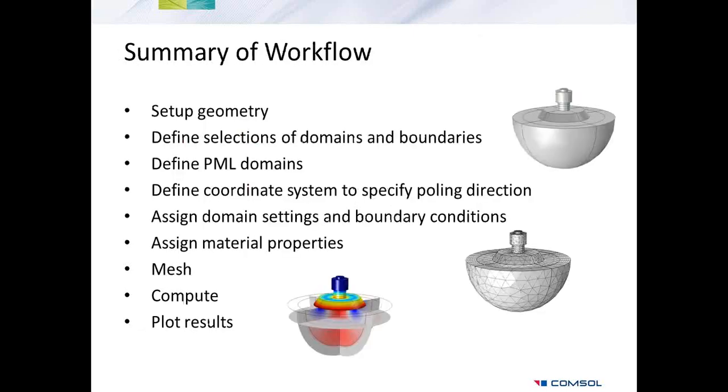Before I switch over and show how to set up the model in COMSOL Multiphysics, let me go ahead and summarize the key modeling steps. I'll start by setting up the geometry, define certain selections of domains and boundaries for bookkeeping purposes. I'll define the perfectly matched layer to absorb outgoing waves and a rotated coordinate system to model negative Z polarization. I'll then specify the electrical, structural, and acoustic boundary conditions and also specify the material properties in the different regions